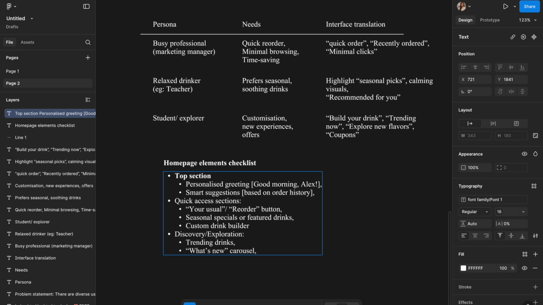And then if we are trying to add in some more things that would be relevant to the explorers or the Gen Zs, then we could introduce a mood based filter, like filter chips. Okay, it could be something like chill, what is their mood. Okay, based on that we'll be suggesting the drinks, so they can just pick one mood and then they can get a personalized kind of. Okay,